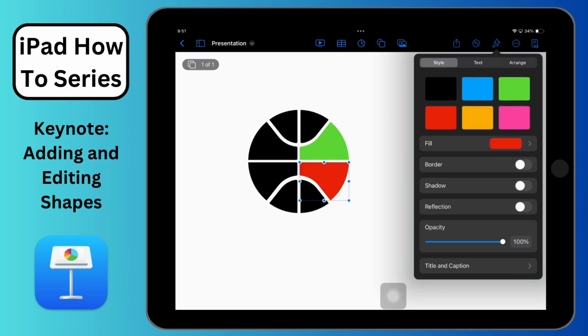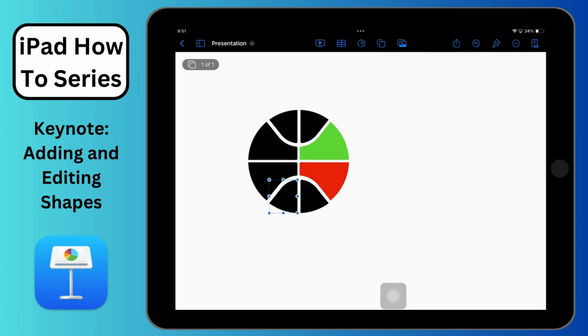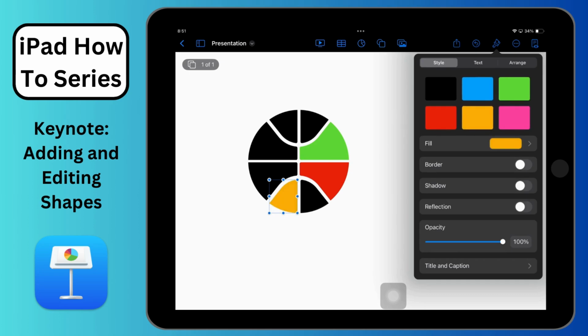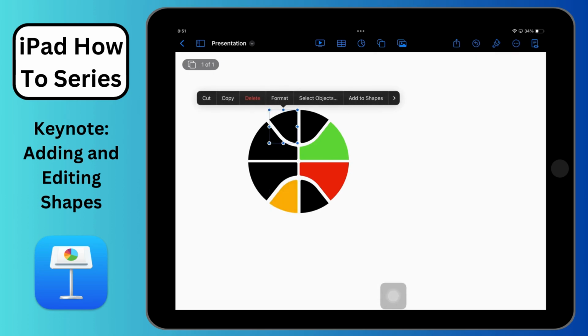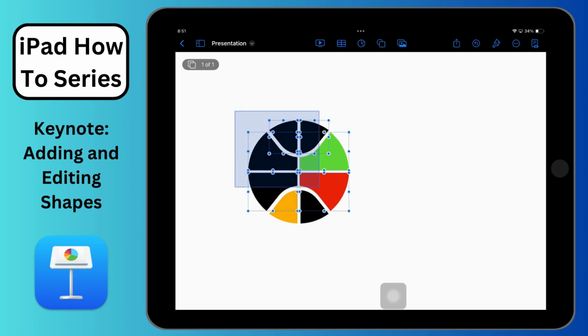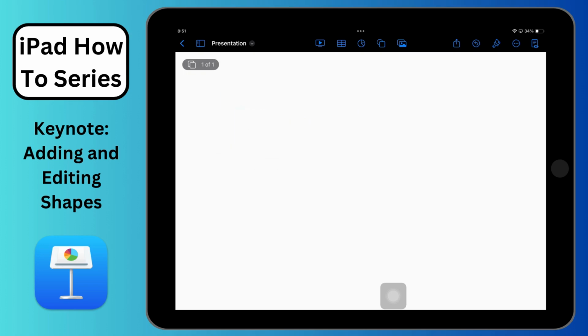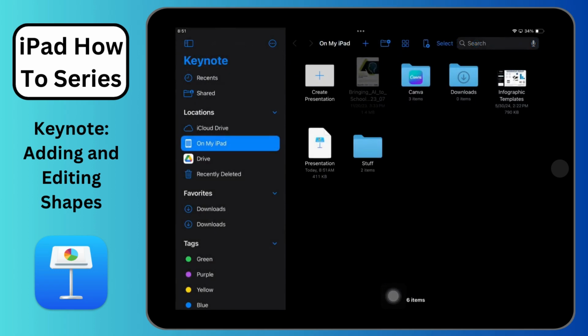You'll see here that you can do this type of thing all the way around and mess with the color of each of the shapes. So that's the last thing I wanted to show you. You have the ability to customize even more, but it only works with shapes that have distinct pieces merged together. All right, so that's the basics of using shapes and even some advanced features with combining